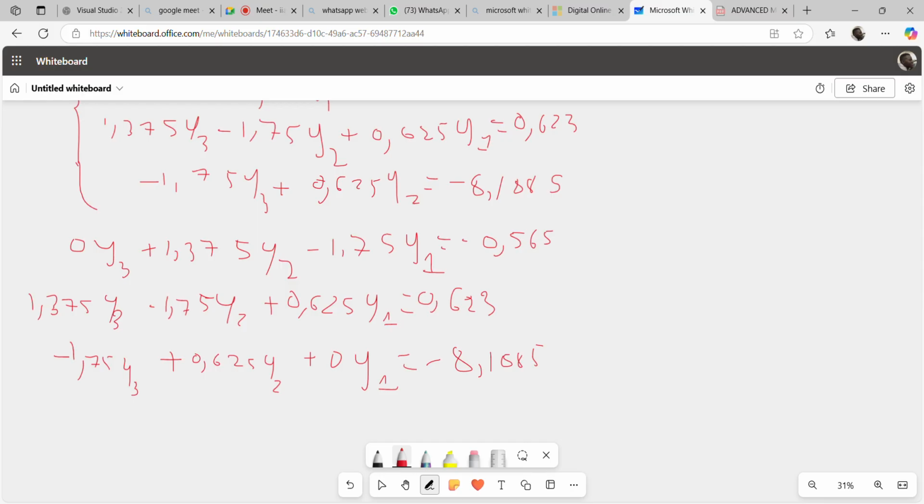Equal negative 8.10. Oh, it's 8.885 equal. Then I'm done. When you press equal, it's giving you an answer. It's still loading. Yeah, you wait. It says x is equal to